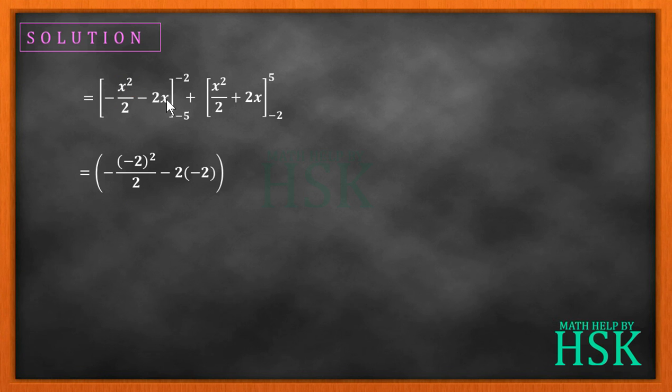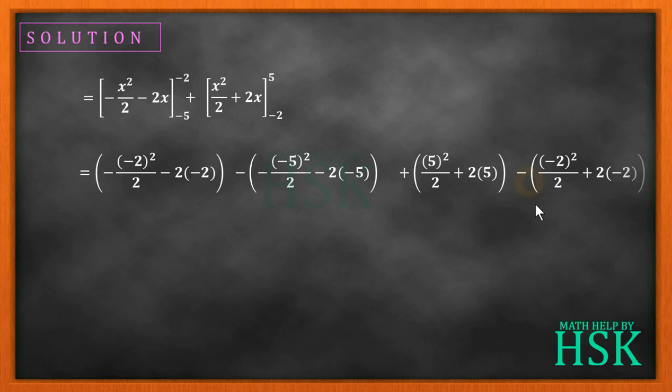So I am going to get this as minus of (minus 2 whole square upon 2 minus 2 into minus 2), subtracted from the value which we obtain on placing the lower limit in this expression, that is minus of (minus 5 whole square upon 2 minus 2 into minus 5), plus 5 square upon 2 plus 2 into 5, placing 5 in this and placing minus 2 in this, that is minus 2 whole square upon 2 plus 2 into minus 2. So we are going to get this as equal to